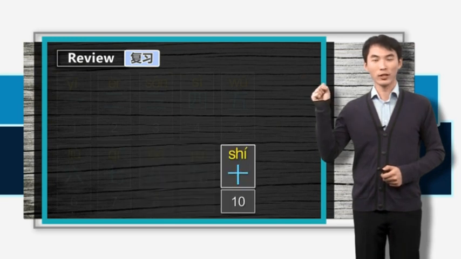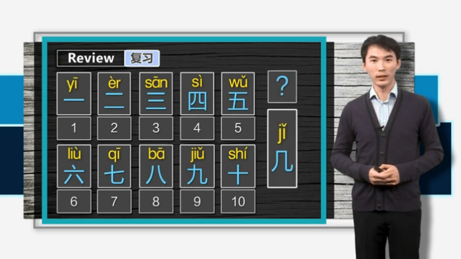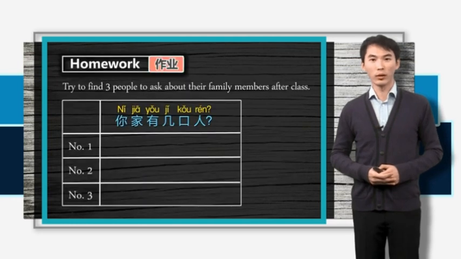We have also learned how to use the interrogative pronoun 几 to ask about the numbers from 1 to 10. Please practice more after class and try to find 3 people to ask about their family members. That's all for today. 谢谢，再见。